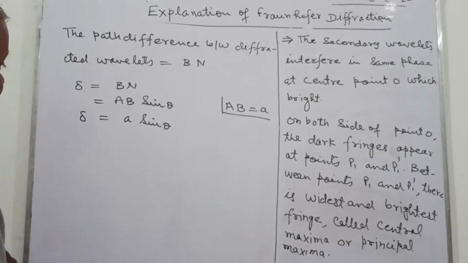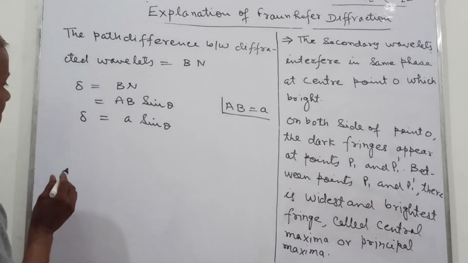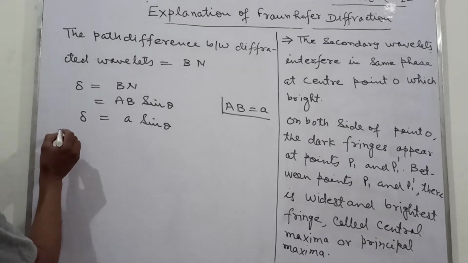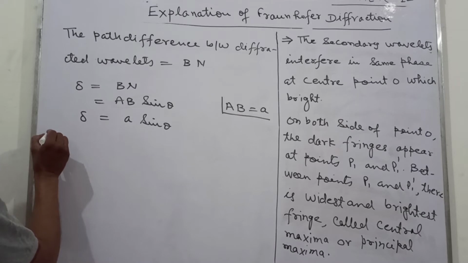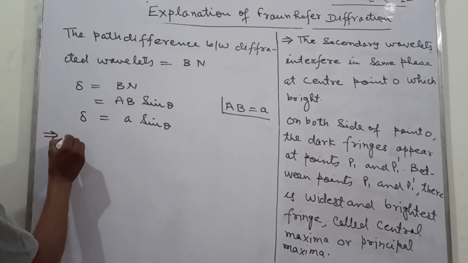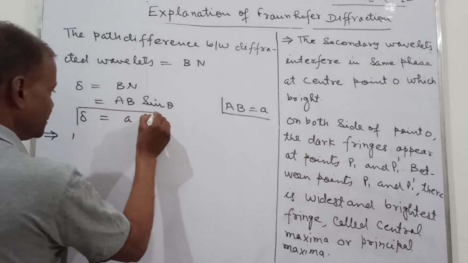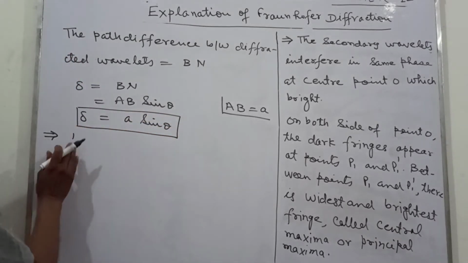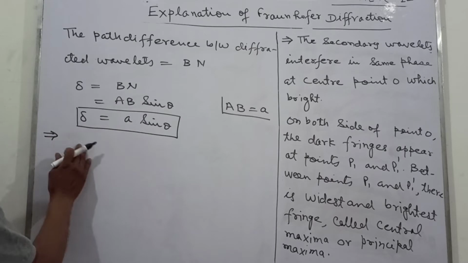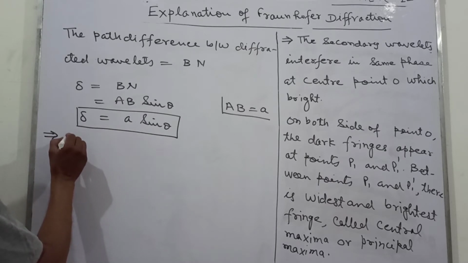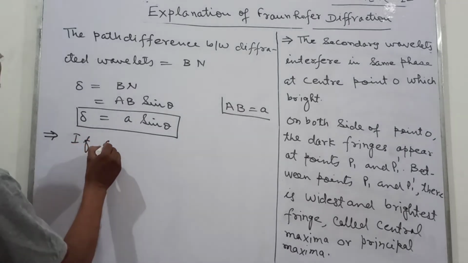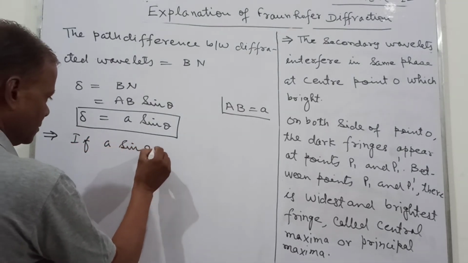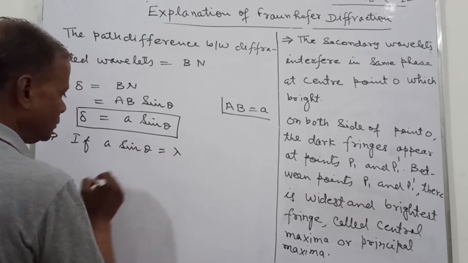And now, as we have this path difference, if a sin theta is equal to lambda,